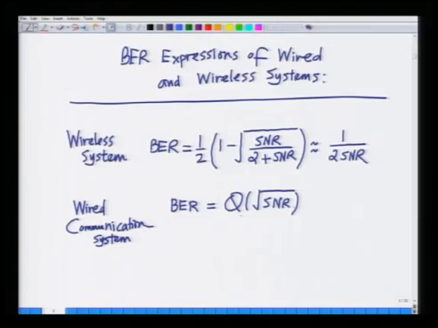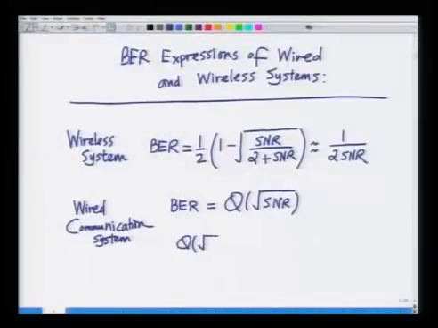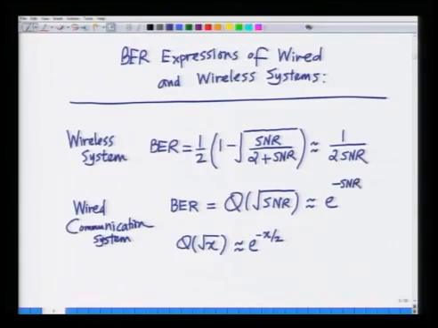We also said there is no closed form expression for this Q function, that is, there is no way to compute this in terms of standard known functions. However, it can be shown that Q of square root of x is approximately equal to e power minus x by 2, which means Q of square root of SNR is approximately equal to e power minus SNR